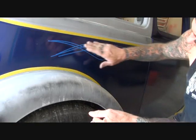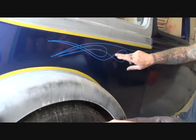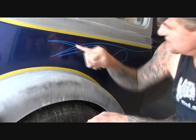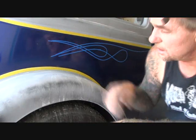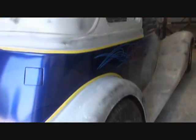You basically saw how I laid out this first flame, okay? Then I came back around this way. I went up here because it's real important that you gotta concentrate on getting your curves right. Because if your curves on your flames aren't right, your flames are gonna look crappy. Let me lay that out, and we're gonna come back and check it out. All right, as you see,